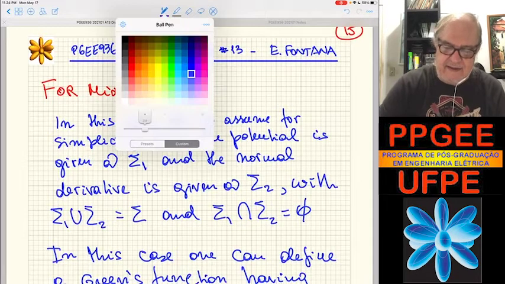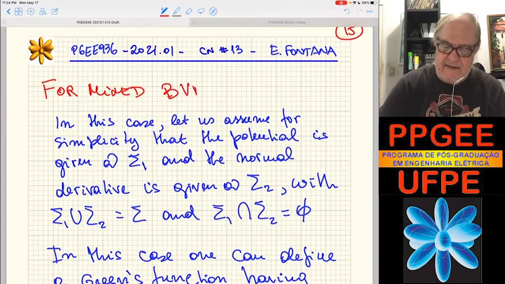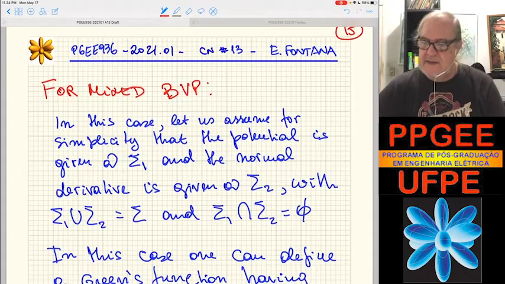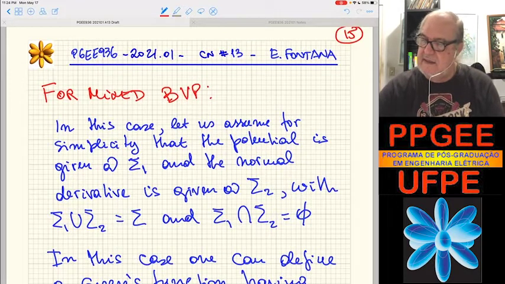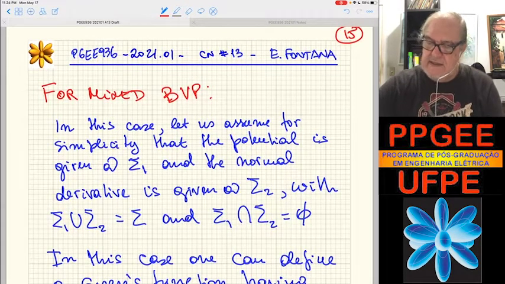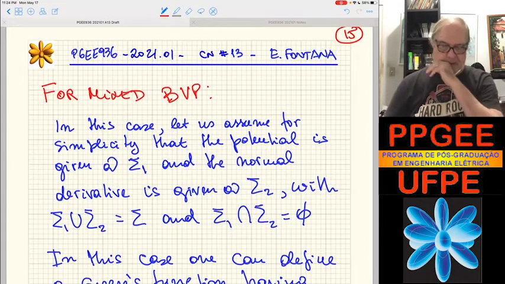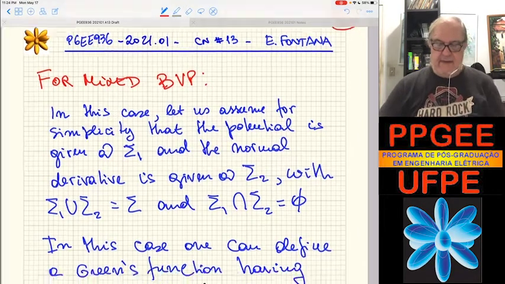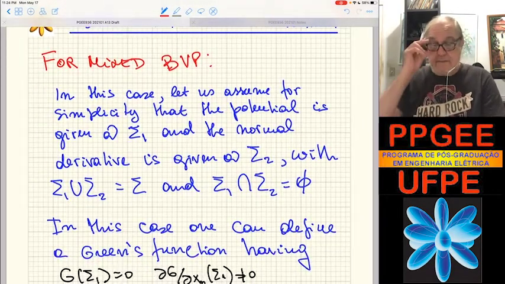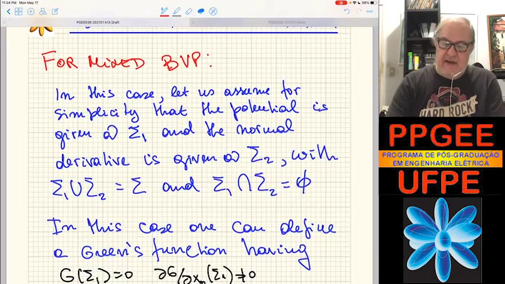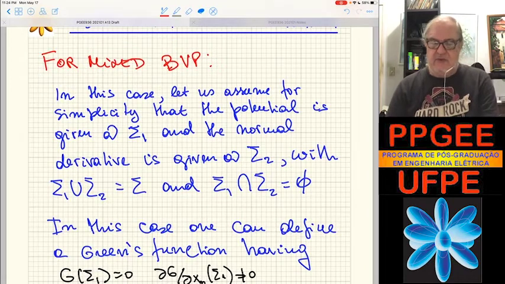BVP, right? Page number 15, BVP, another mistake, I have to fix it. Well, so if I have now a mixed boundary value problem, well, what we do,